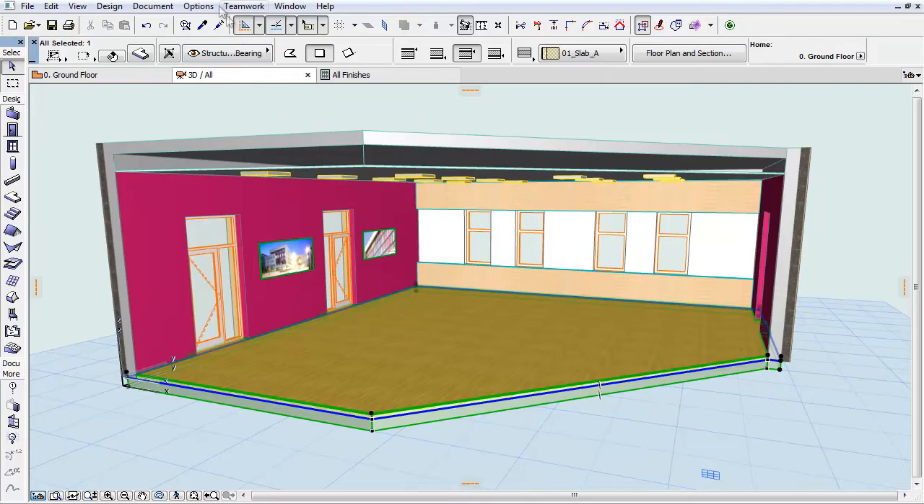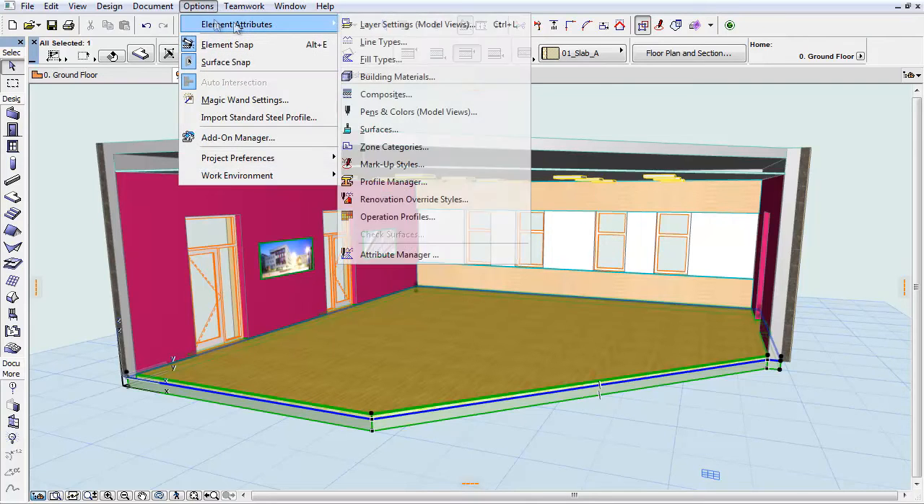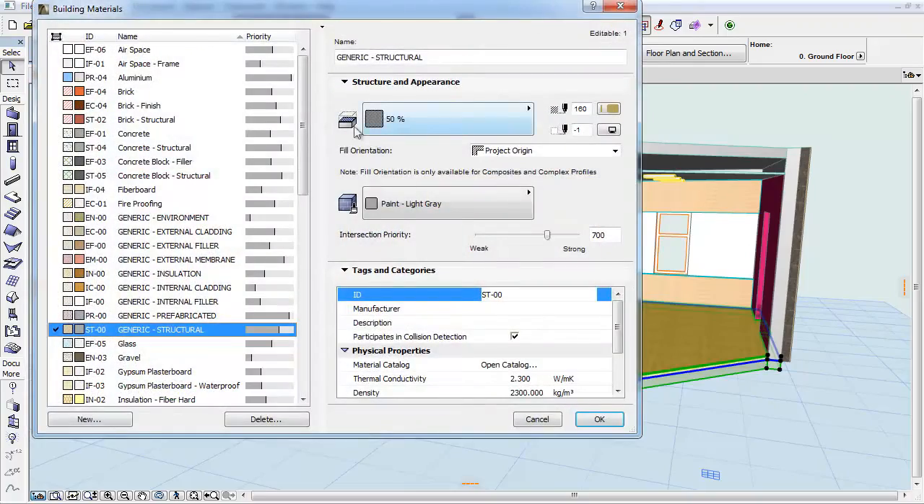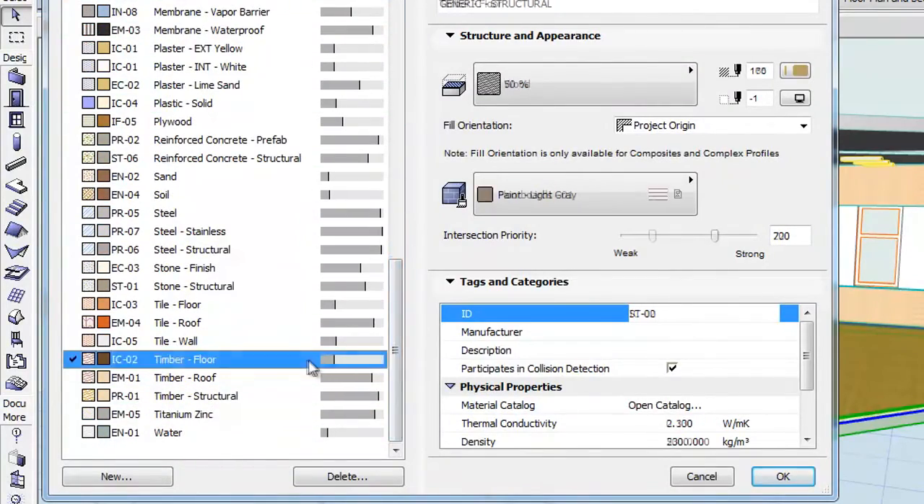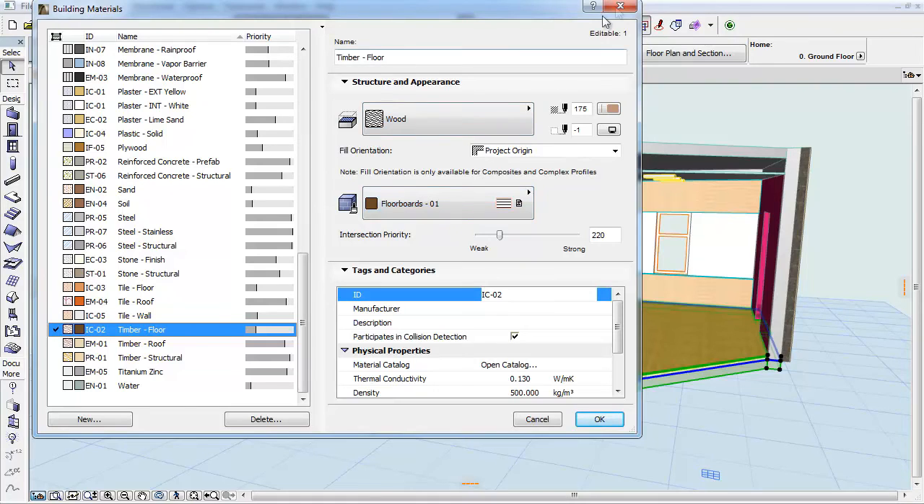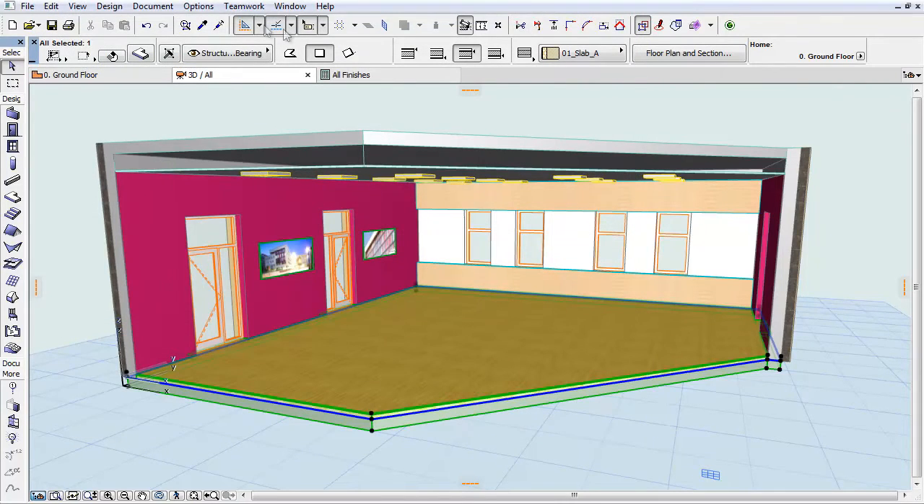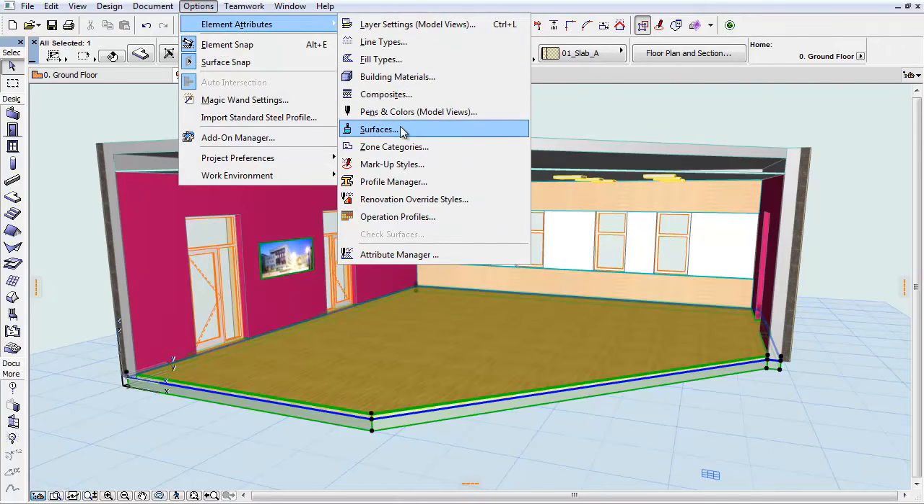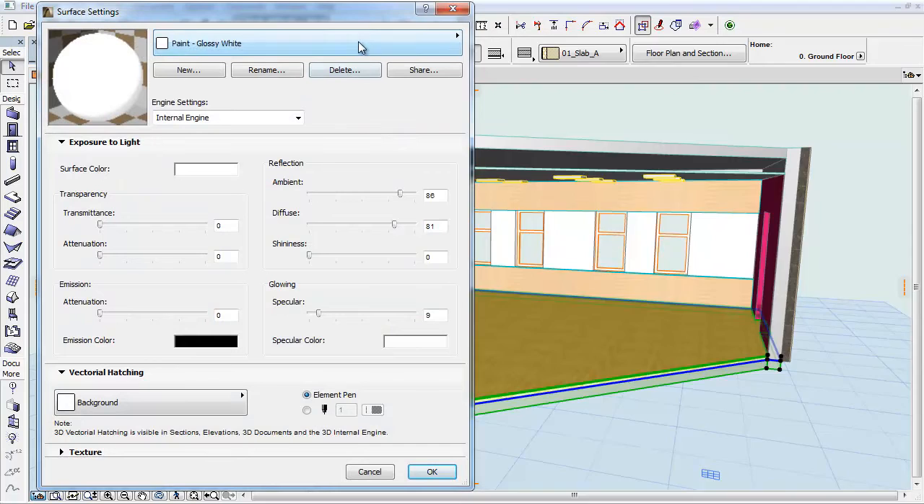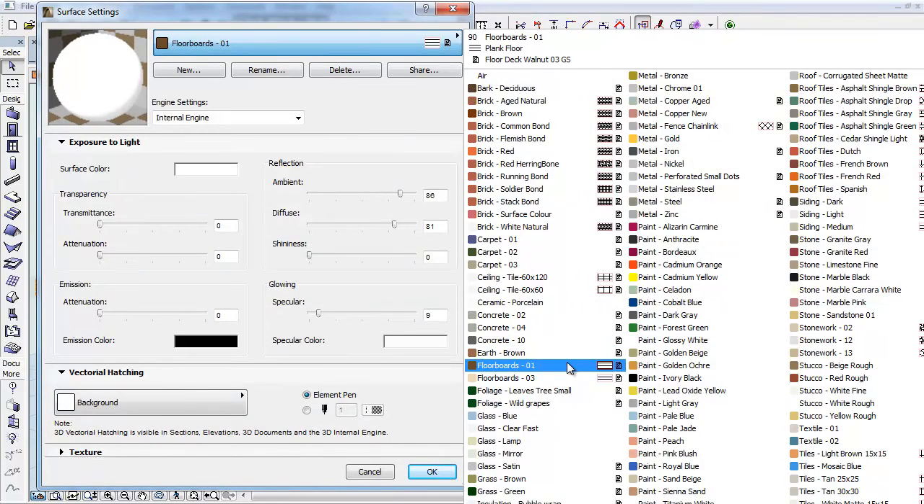Open the options, Element Attributes, Building Materials now. You will notice that the timber floor uses floorboard surface just as we saw on the list. Close the dialog now. Open the options, Element Attributes, Surfaces this time. Select the floorboard 01 surface